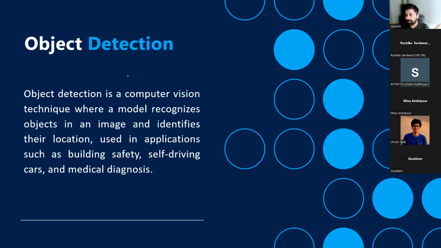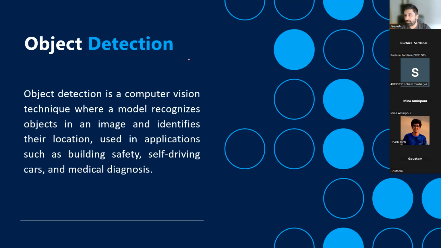But let's say we talk about object detection in computer vision. We want to detect different objects, all sorts of objects that we can, as much as we can. We want to detect if there is some smoke coming out. We want to detect, let's say, a gravel road. We want to detect if something is kept on the road. We want to detect the lines of the road, whether we can change lane or not, if it's a solid line or a dotted line. We want to detect the conditions. We want to detect the visibility, and if it is not visible, we want to alert. Things of that sort are one of the use cases of object detection.